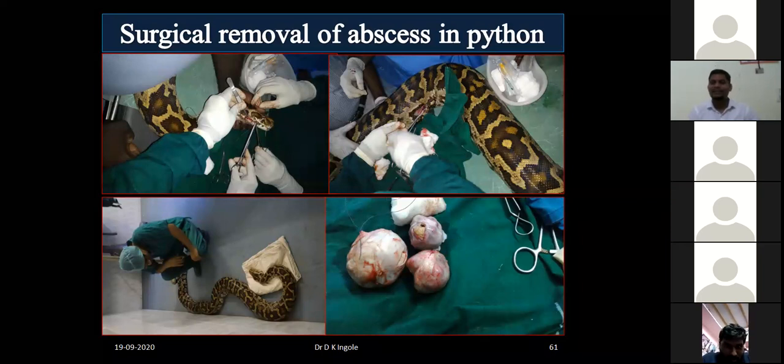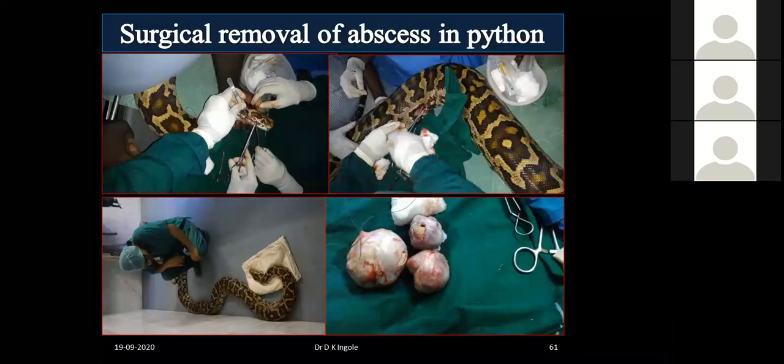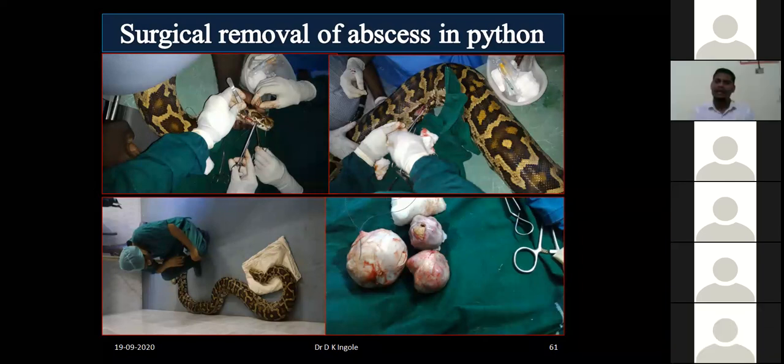So in reptiles, based on the tonicity of the jaws and cloaca and the response to a pinch, or pain to the blade while taking the incision, we can judge the depth of anesthesia. Again, one thing is that reptile skin has a tendency to invert. If you take the incision, the serpentine skin will immediately be inverted. While taking the sutures, we have to take care of this, and we can use more everting types of sutures, like mattress sutures.